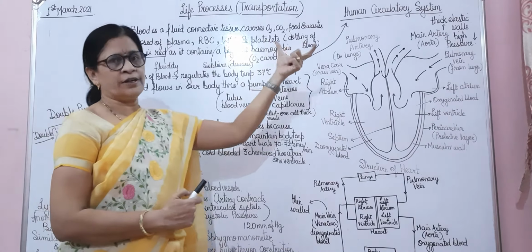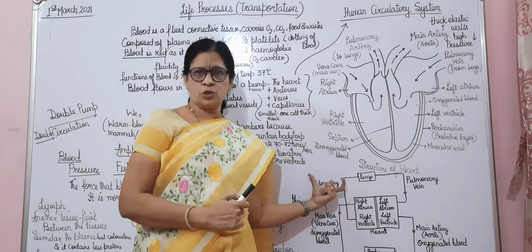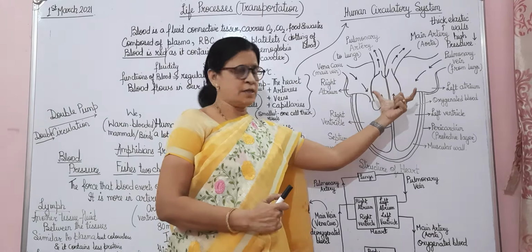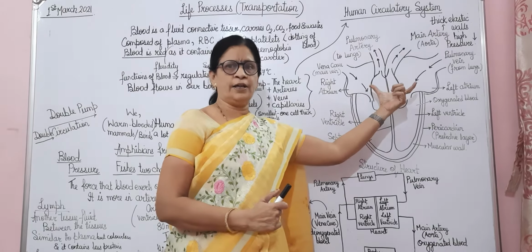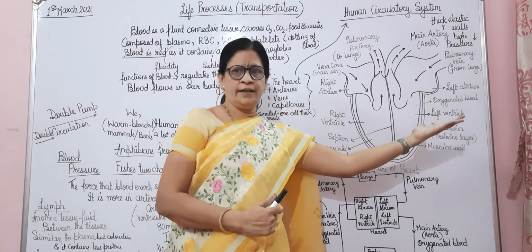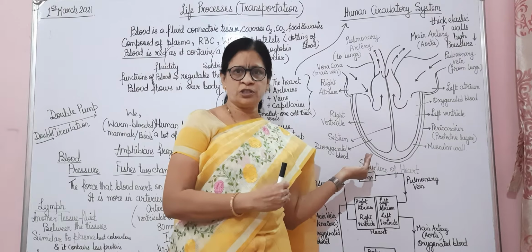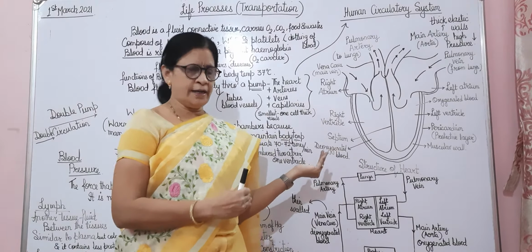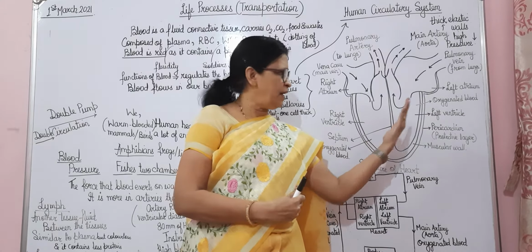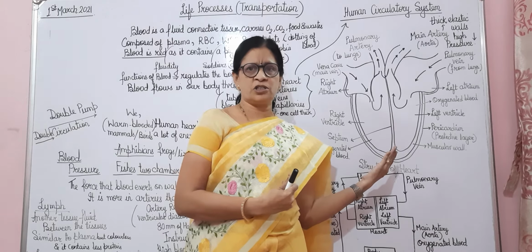Now in this human circulatory system, the main pump of the body is the heart. The human heart consists of 4 divisions, which contain 4 chambers. The upper 2 chambers are known as the atrium and the lower 2 chambers are known as the ventricle. The left part of the heart contains oxygenated blood and the right part contains deoxygenated blood. Means this heart acts as a double pump, the left hand side and the right hand side. The left pump carries oxygenated blood and the right pump carries deoxygenated blood.